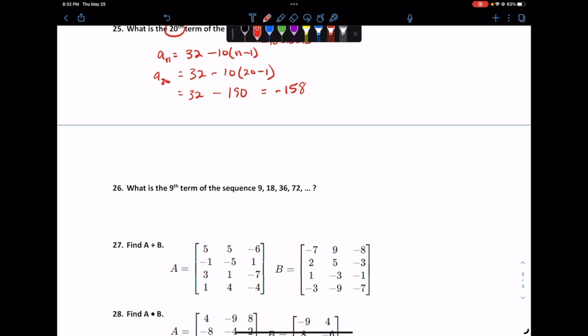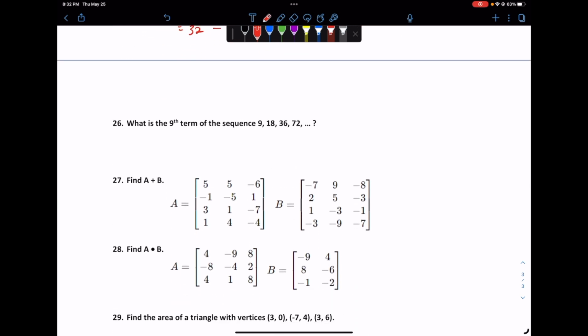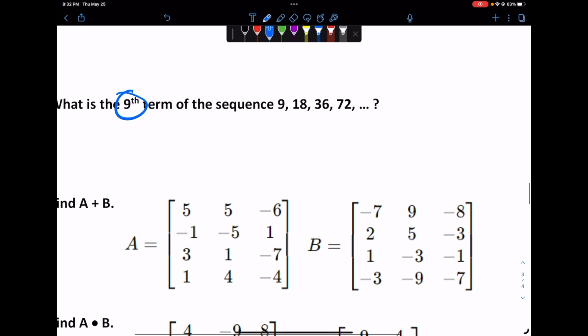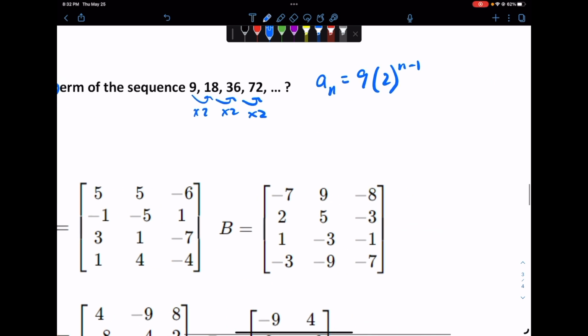Number 26. What is the 9th term of the sequence 9, 18, times 2, times 2, times 2? So that's kind of nice. We've got a sub n is equal to 9 times 2 to the n minus 1. So if we want the 9th term, it's going to be 9 times 2 to the 8th power. That's 256 times 9, and that's going to be